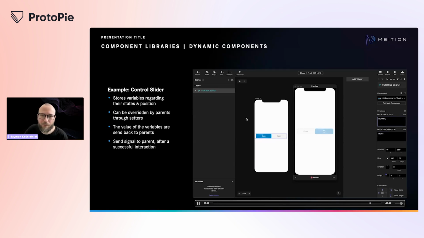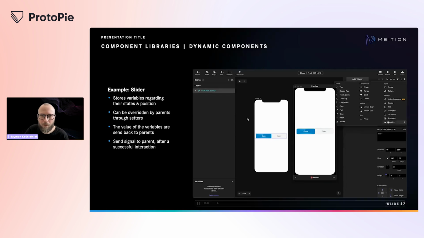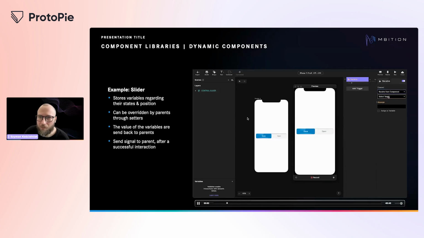Those variables can be overridden through send and response from the parent. It also sends out a signal after a successful interaction. So in this example, I'm receiving a signal from the slider telling me the slider has been operated. In that case, I'm changing the slider state to pending and back to normal after 4 seconds.